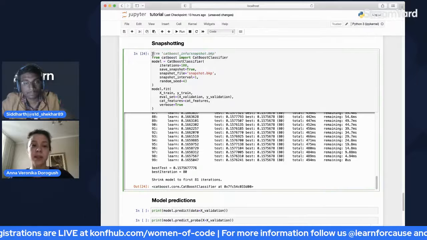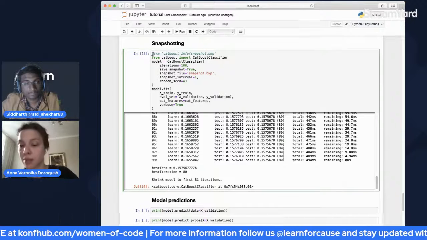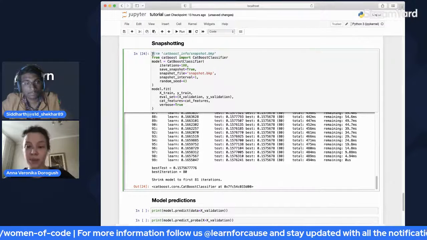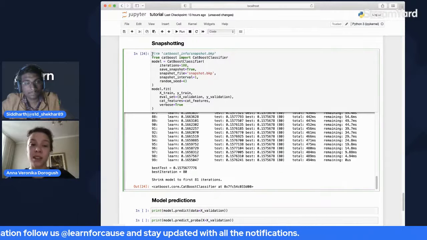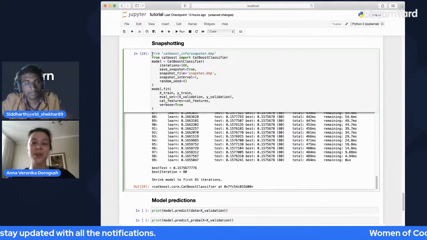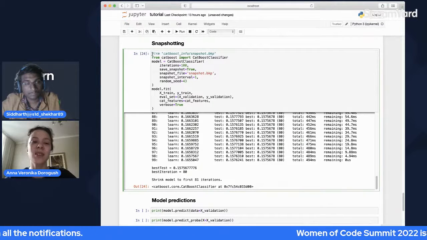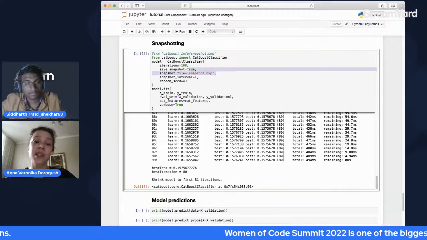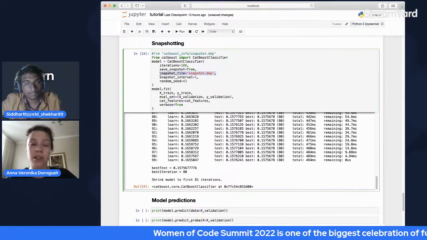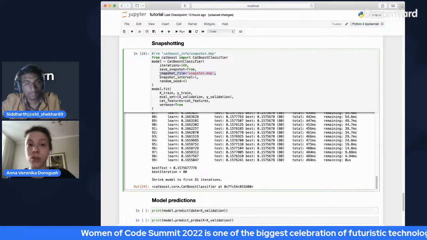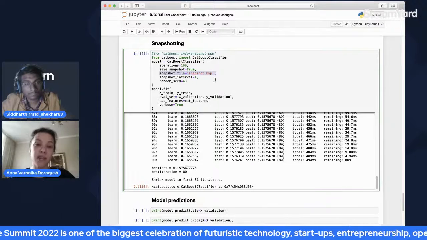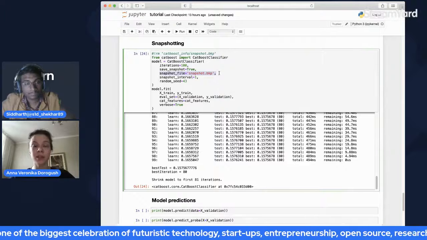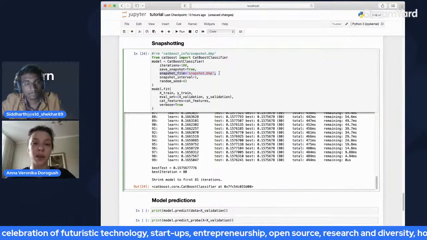What can happen is that your computer goes to sleep, or something else happens, and everything is lost. You don't want everything to be lost. For that reason, you normally save every iteration, or every several iterations, or every several minutes. You save your resulting model to the snapshot.